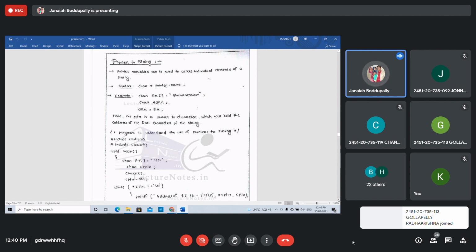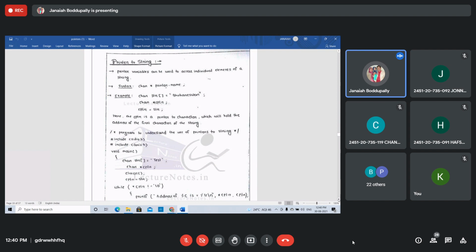It takes the address location of the string, the first character, that is the B value. Right, students? So cptr is the pointer to character which will hold the address of the first character of the string.